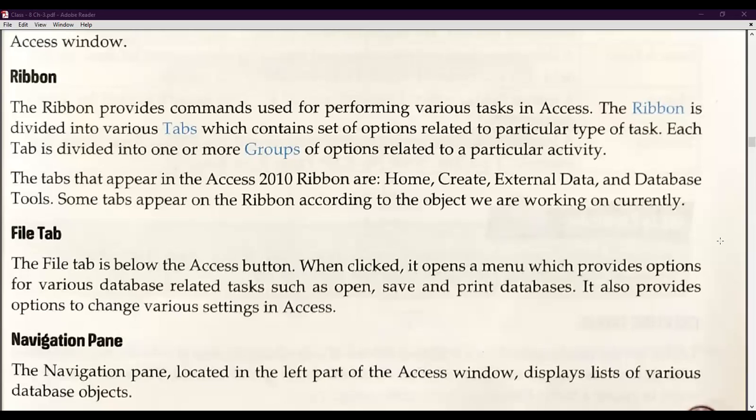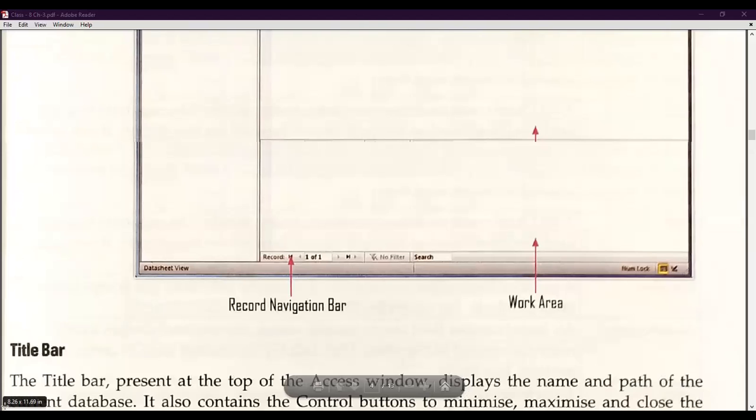So the tabs that appear in the Access 2010 ribbon include home, create, external data, database tools, and etc. Some tabs appear in the ribbon according to the object we are currently working on. Here you can see on your screen, it is very easy to understand.